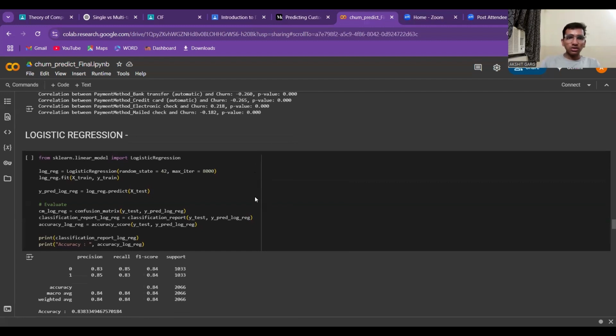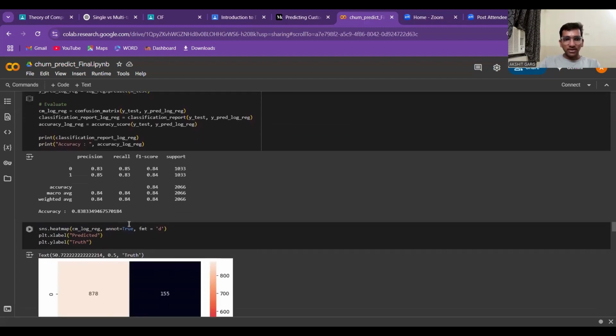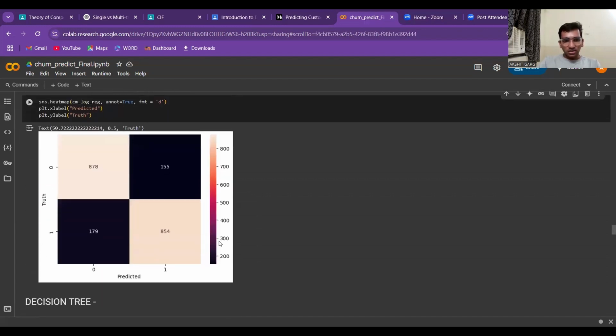Now coming to our models. Here we have implemented our models, like logistic regression. We have implemented it and got the accuracy of 0.83, I mean 83% accuracy. This is our correlation matrix,